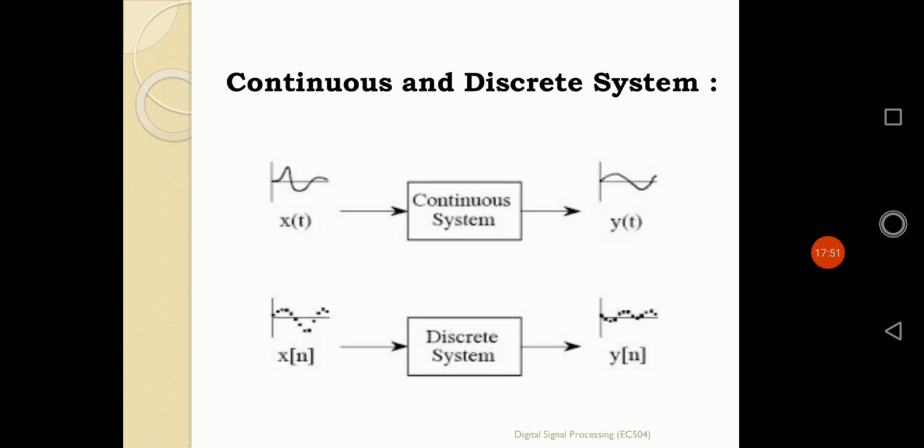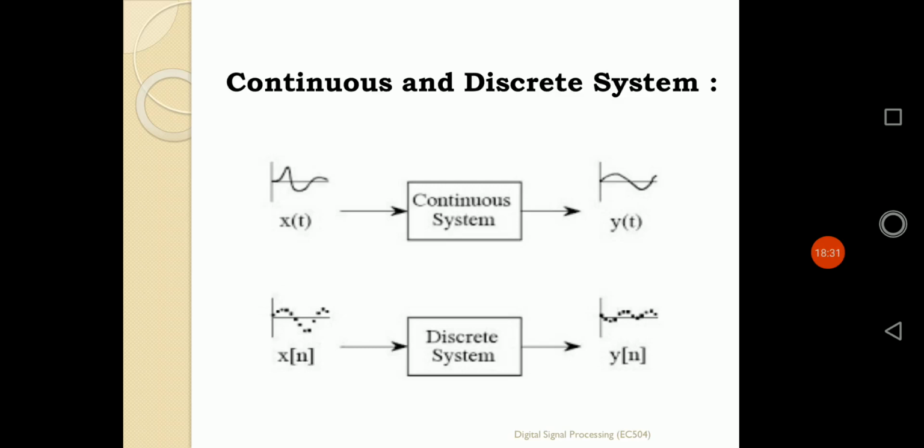So in that way, a discrete time system can be defined as a system for which the input is a discrete time signal, that means discretized in nature. For some distinct instants of time, we are gathering some idea about the signal that is being processed by the system. And at the output side, the output signal is also discrete in nature, not defined for each and every instant of time. So in that way, continuous time system and discrete time system are defined.